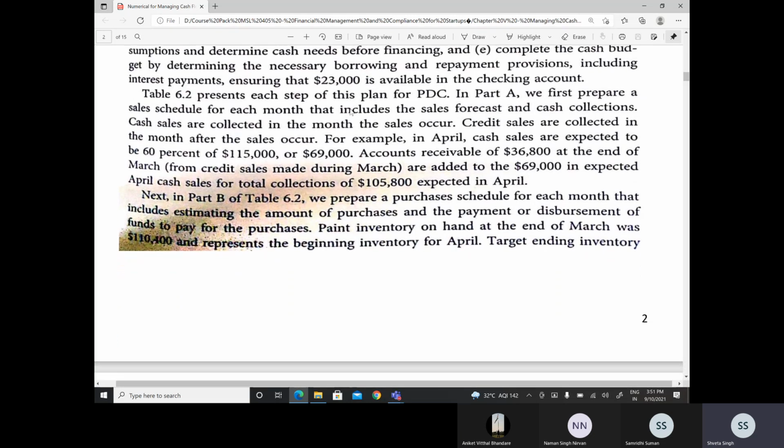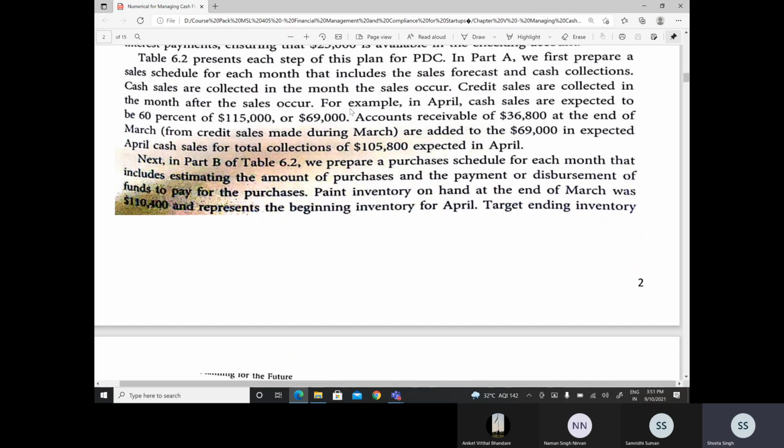So table 6.2 presents each step of this plan for PDC. In part A, we first prepare a sales schedule for each month that includes the sales forecast and cash collections. Cash sales are collected in the month the sales occur. Credit sales are collected in the month after the sales occur. For example, in April, cash sales are expected to be 60% of $115,000 or $69,000. Accounts receivables of $36,800 at the end of March from the credit sales made during March are added to the $69,000 in expected April cash sales for total collections of